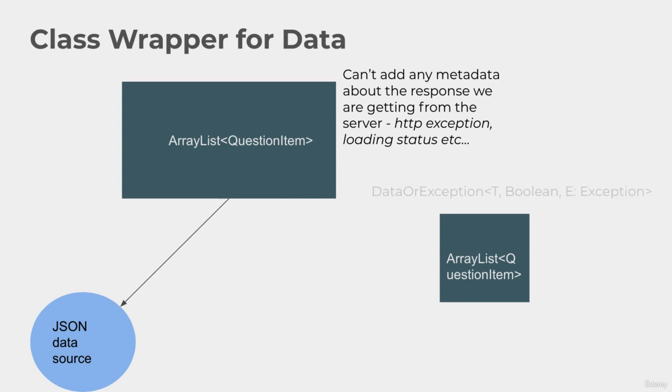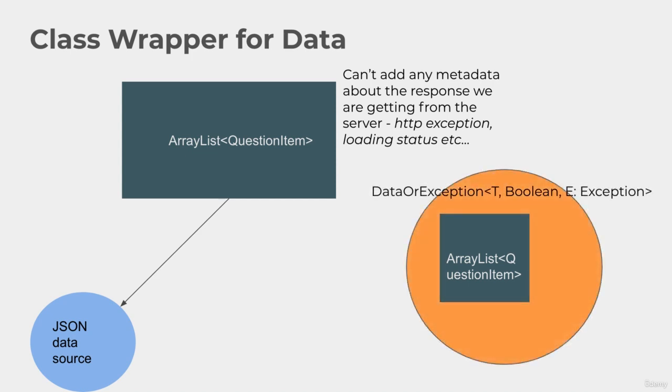What we need to do is wrap this array list into a different object. In this case, we could call it data or exception. You can see I have angled brackets there. What this does is that we can pass first a T, which is a generic, and that's very convenient because it means we can pass any type that we want. In place of that generic, we can pass an array list of question items, which is exactly what we have there. And on top of that, we can pass a Boolean that we can toggle if loading is true or loading is false,